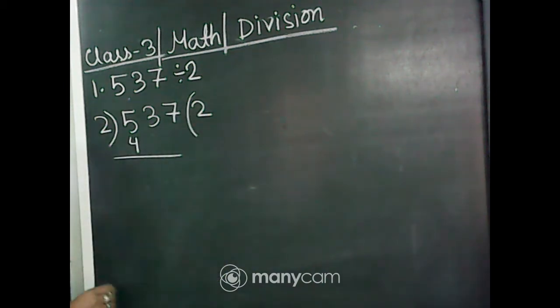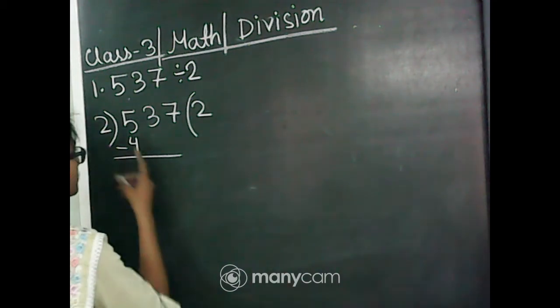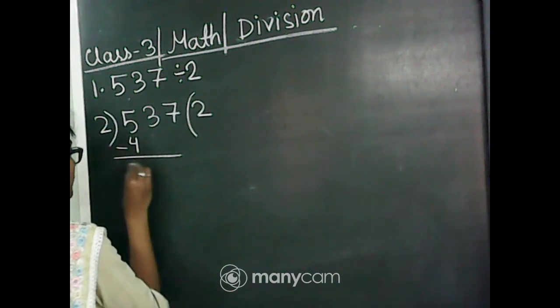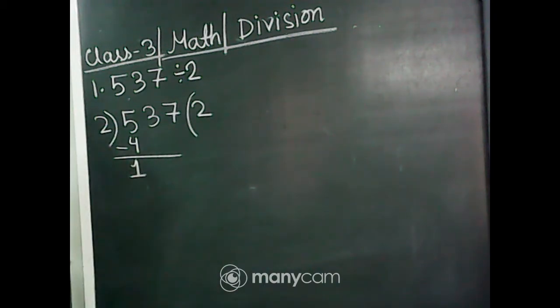Now we will do the subtraction. No need to give the subtraction symbol whenever you do the division, because it's the starting of this explanation of division. That's why here I just put the symbol of the division. Now if you subtract 4 from 5 you will get 1, isn't it? Now see that this 1 is smaller than 2, meaning 1 is smaller than the divisor. So you can't do the division.